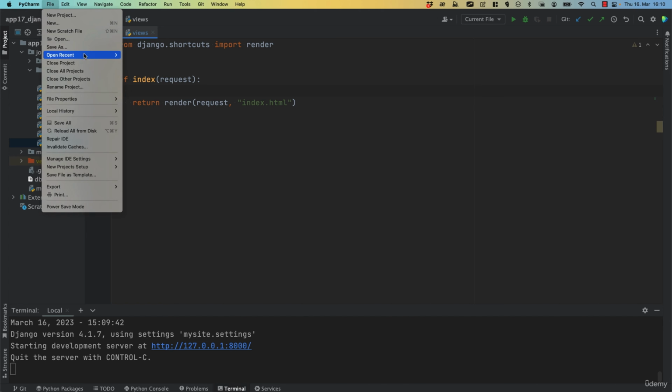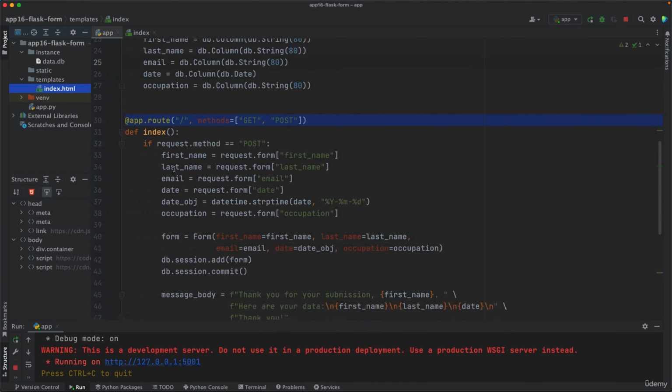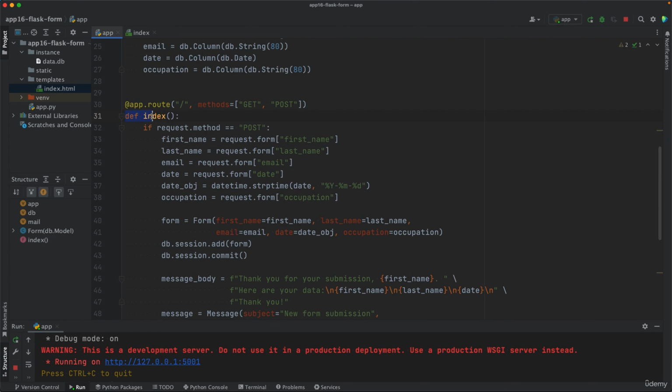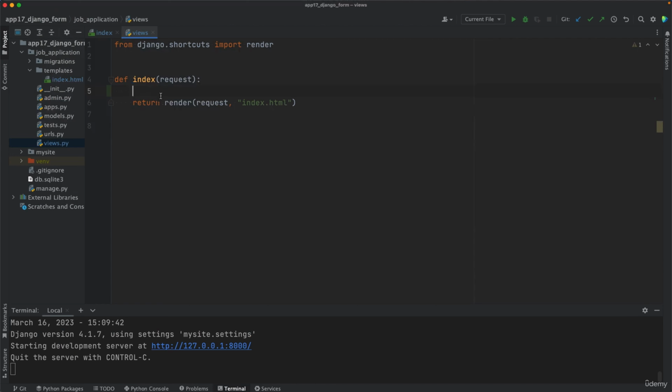So if I bring here the Flask form app, which we built previously in the course, you'll see that here we also have this index function, which starts with if request.method is equal to post. And then we get the values of each input widget, and we store those in variables, right? So similarly in Django, let's go back to Django. Similarly here, we want to check if request.method is equal. So make sure to have two assignment operators. So if that is equal to the post string,